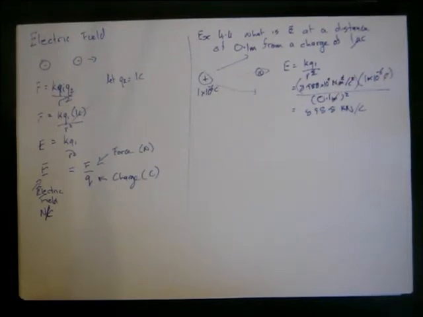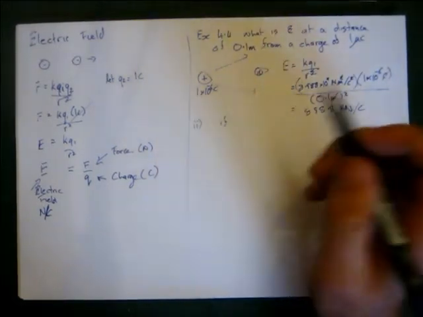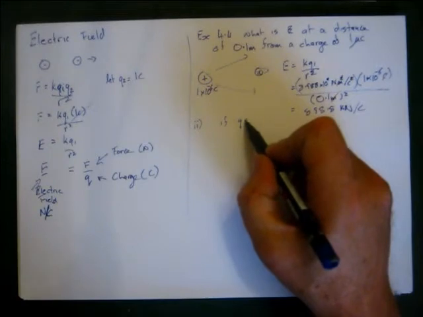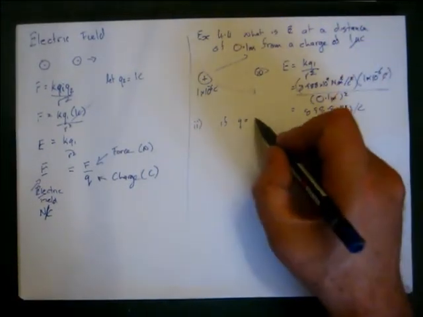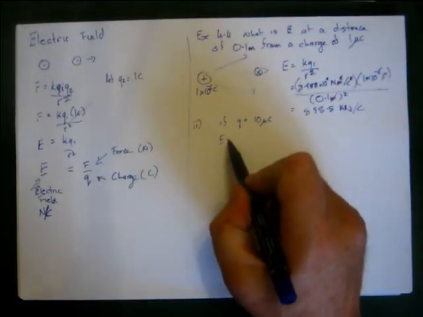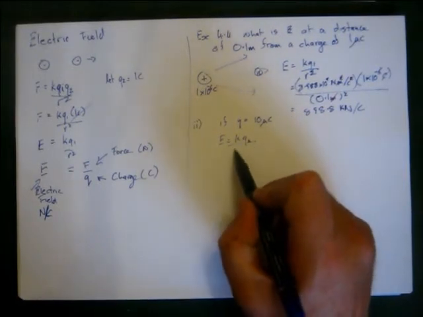Okay, let's do part 2 of this. If Q is equal to 10 microcoulombs, we can do the same thing. E is equal to K Q over R squared,